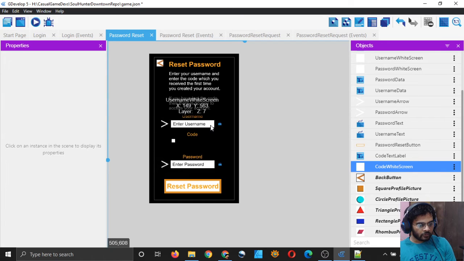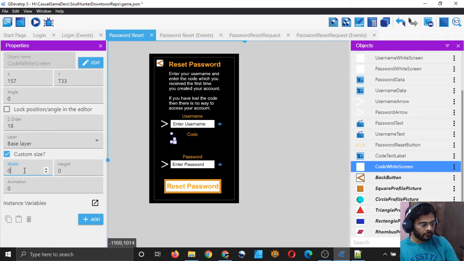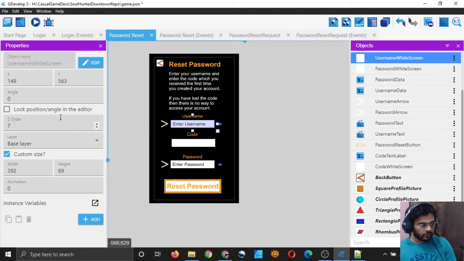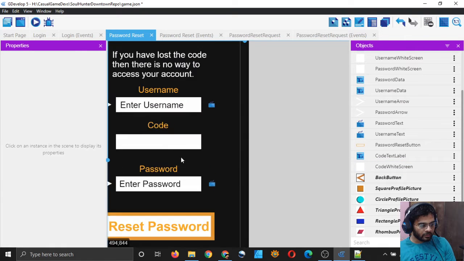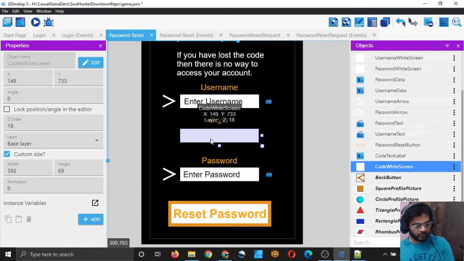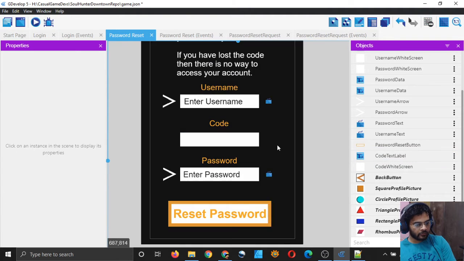And the size was 392 and 69. So I will choose the same for it, 392 and 69. That is good. What is the x position? 149. So I will choose the same x position, 149. Right. That is looking good. Let me put it a little bit below so that it looks like it's in the center almost.